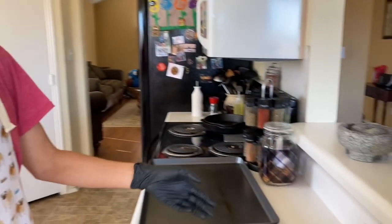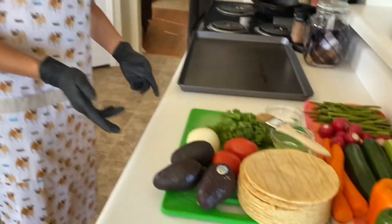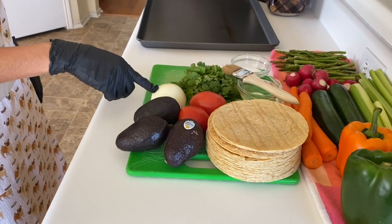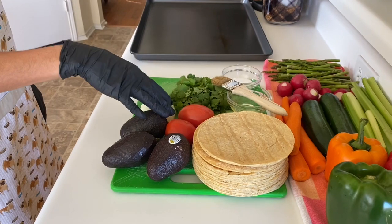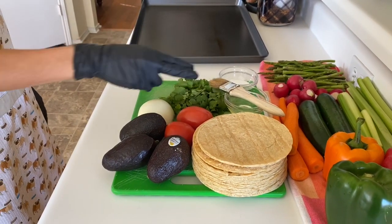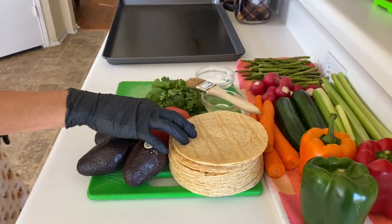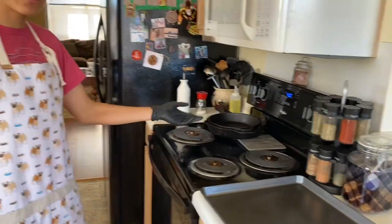Today, we're going to be making some homemade tostadas and chips with some homemade guacamole, which can be enjoyed with the tostadas, or crudités, which are some chopped fresh vegetables as shown right here. And the ingredients are as follows: an onion, some avocados, some tomatoes, fresh cilantro, some sea salt, some oil, and some tortillas. And then over here, we have an oven that's been preheating to 400 degrees for the tostadas and